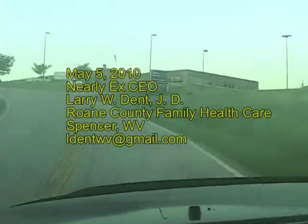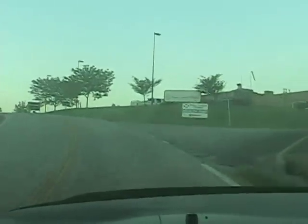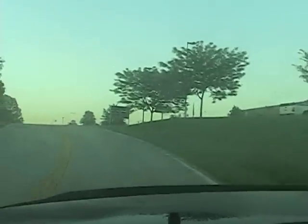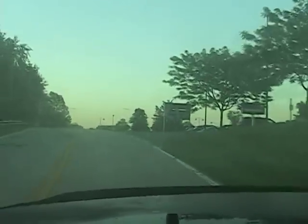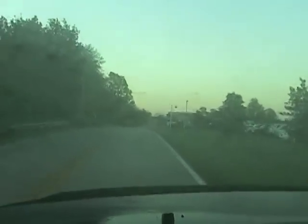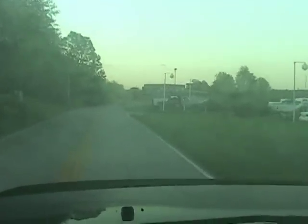This is Roane General Hospital. I'm just showing you a little bit of this because this is where family health care actually started in about 1982. The hospital, of course, was much smaller than this and in financial trouble like most other rural hospitals were. But anyway, family health care was started as an adjunct to the hospital to provide OB services back in about